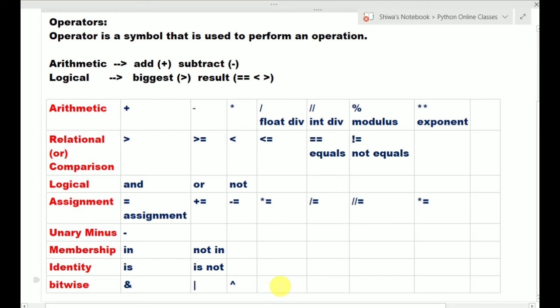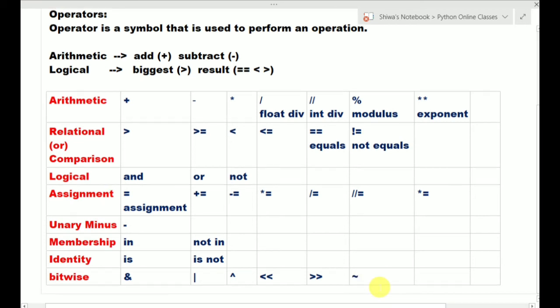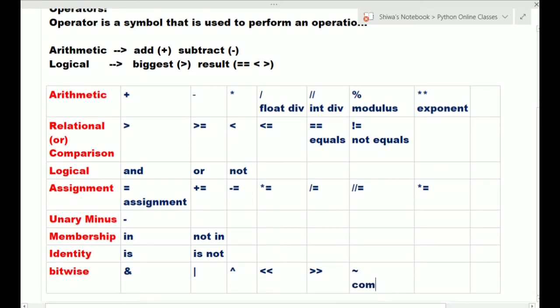Next, double less than is called the left shift operator, and double greater than is the right shift operator. And the next one is the complement operator.